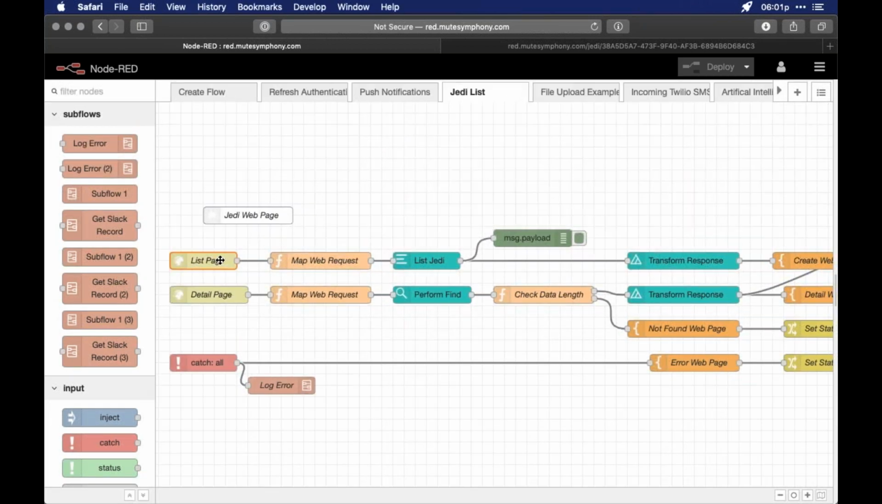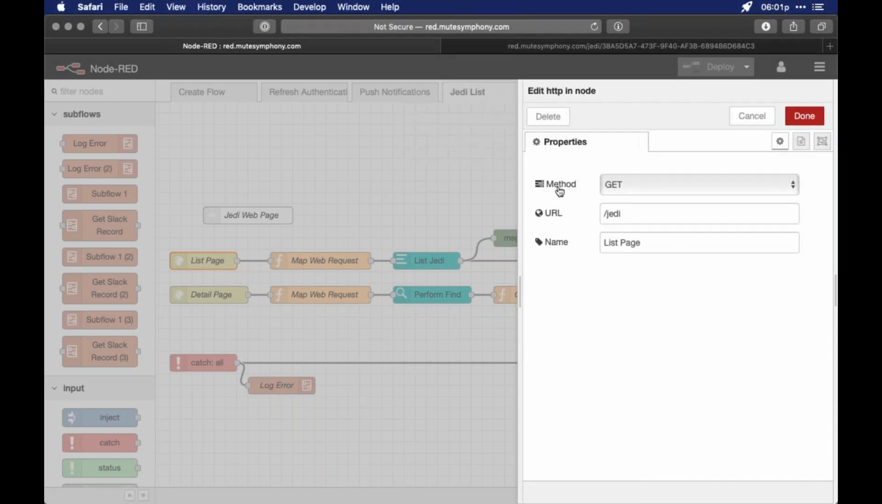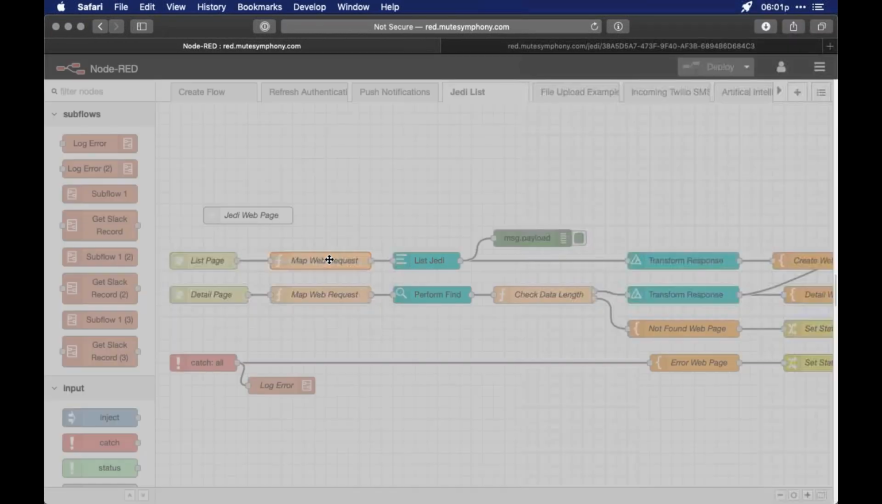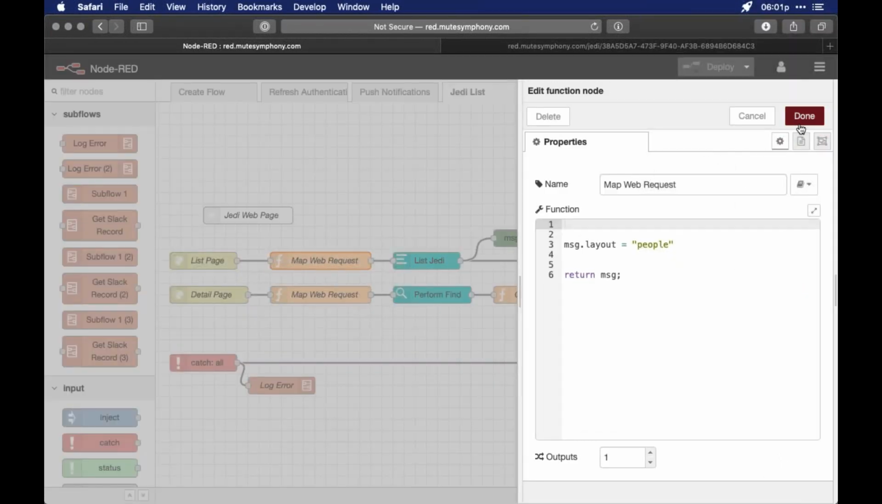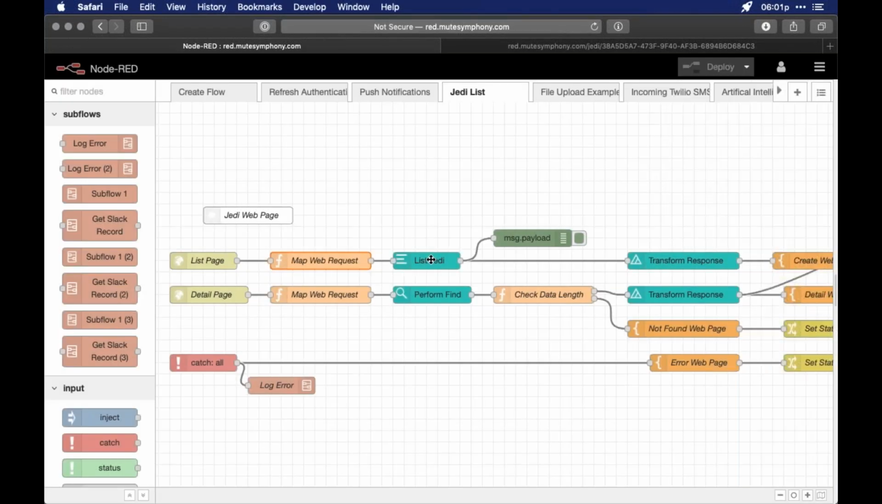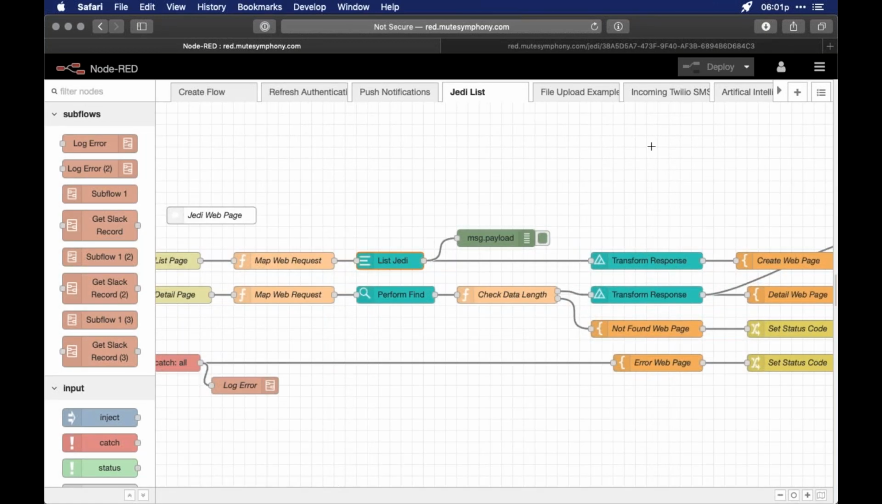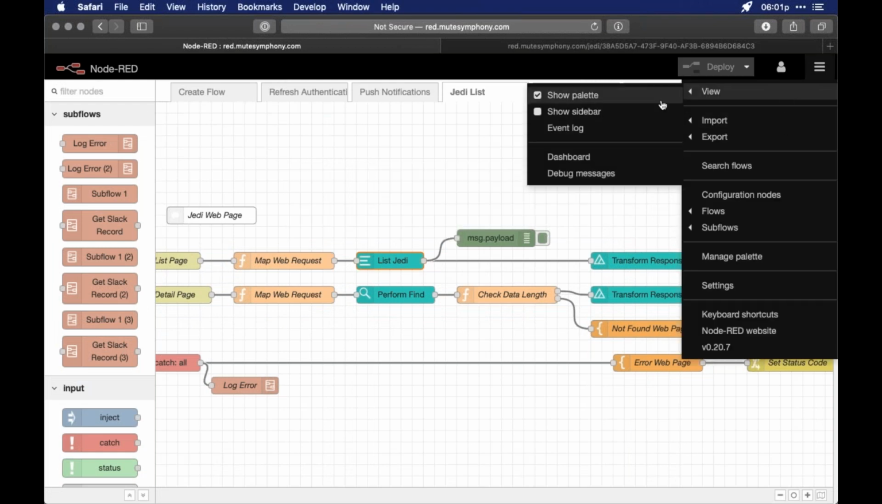So I have my list page HTTP response endpoint that is just like the HTTP response endpoint we saw earlier, right? It's just saying like, hey, go get me this information. I'm then mapping the request with a map node, basically telling it, hey, when you get a request, go to the layout of people and then list a whole bunch of Jedi. But it turns out, if we look at the debugger one more time, that as I mentioned earlier,